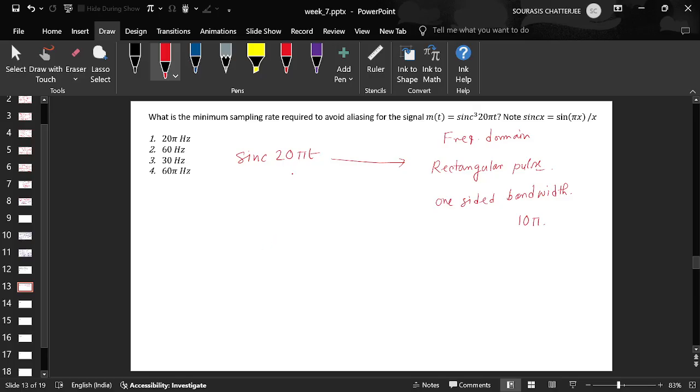So this sinc pulse has this frequency domain representation, which is a rectangular pulse with a one-sided bandwidth of 10 pi. Remember, it's not